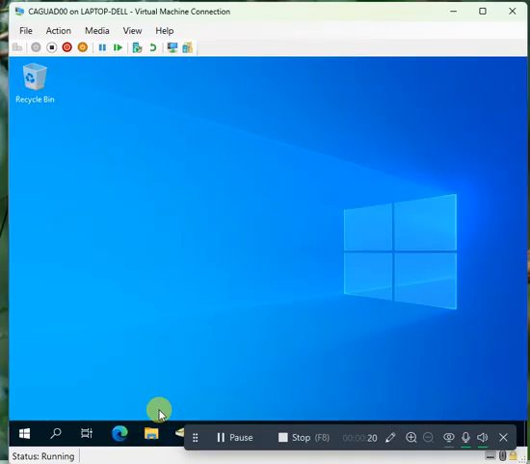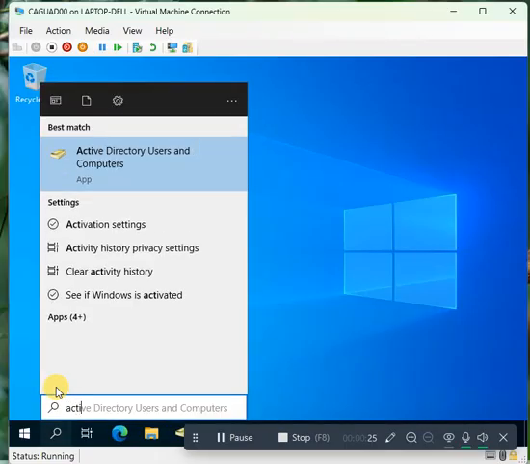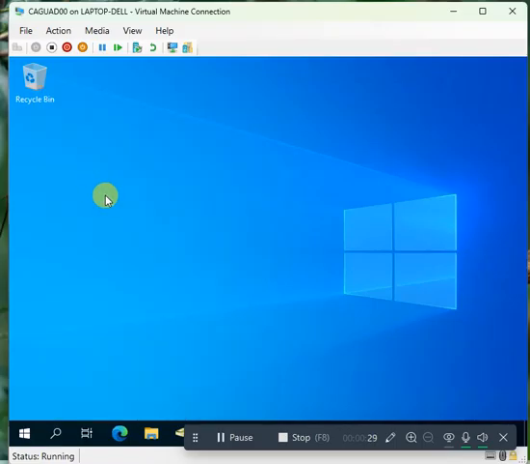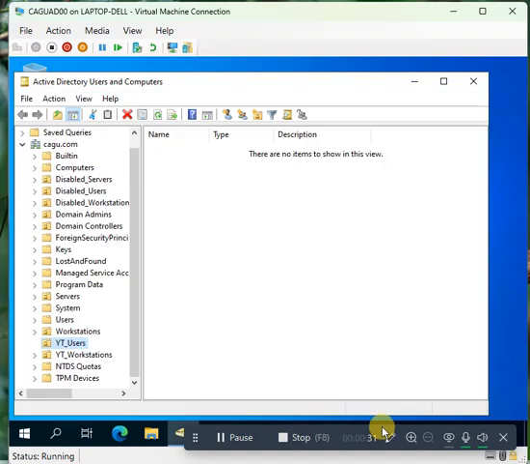Once we log into our Active Directory server, you want to type Active Directory Users and Computers. You want to go ahead and click that. Once you have that open,